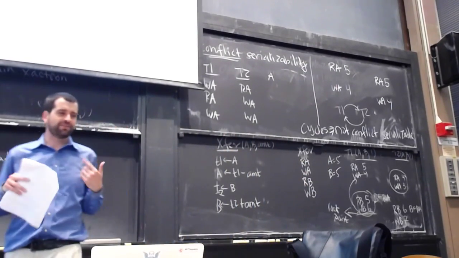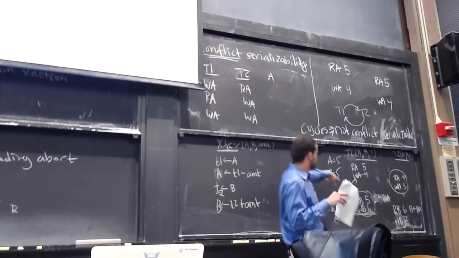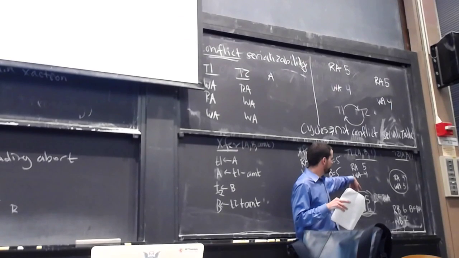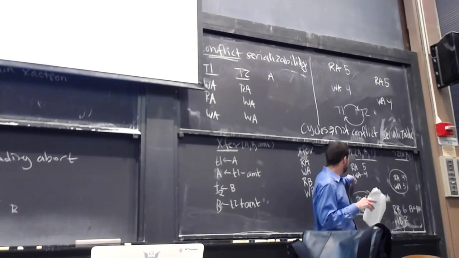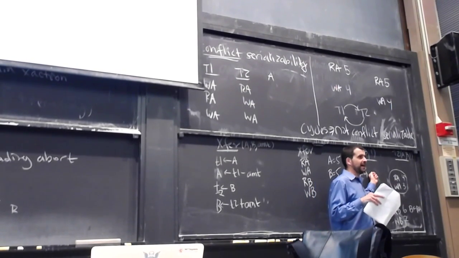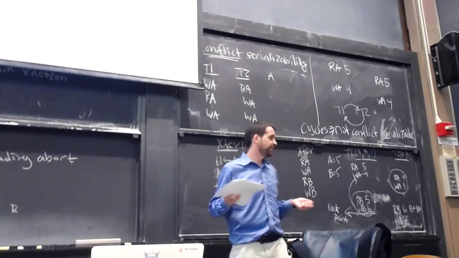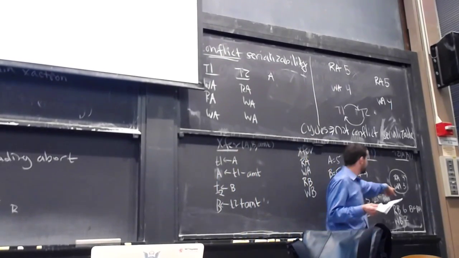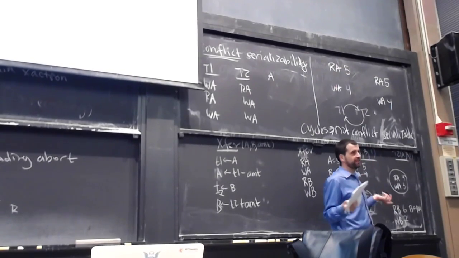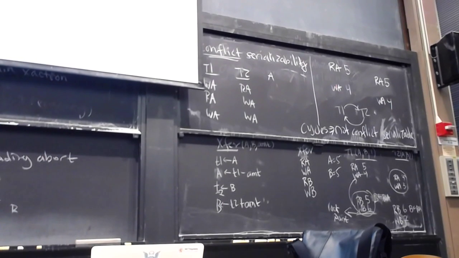This observation that you guys are having, that this isn't recoverable, is the other problem, right? The other problem with permitting this schedule is that because this write of A here is not committed, this guy reads it, and now if this guy crashes, then we're in trouble. We have this cascading property, or even if we allowed this guy to commit after reading it, then we have this abort property, the recoverability property that we wanted to avoid.